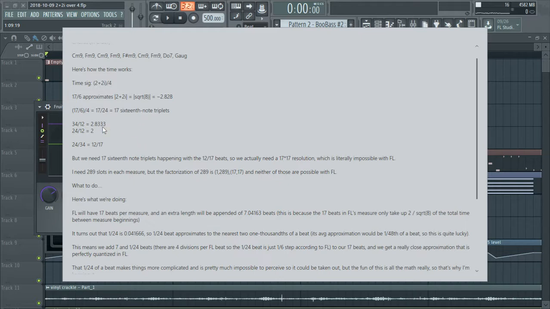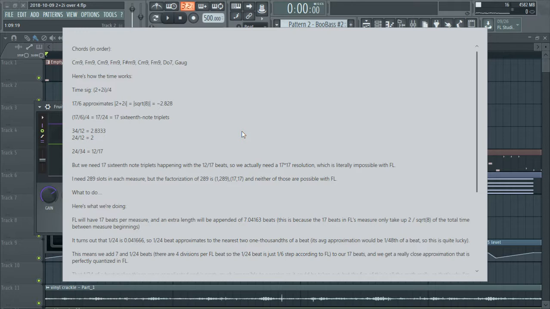Anyway, so then what you actually need to say is that not only are we doing that number of beats in the part that we play, but you also need to figure out what portion of the time between the beginnings of measures is that happening. Like what percentage or what portion of the space between the beginnings of measures does one measure actually take up? And the answer to that is 12 over 17, roughly, right? It's approximately